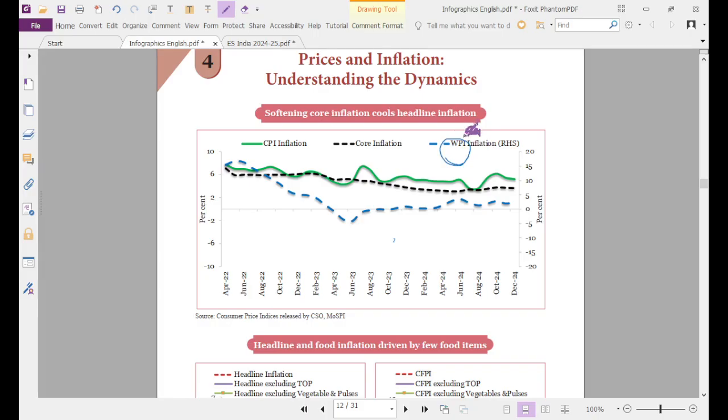The wholesale price index gives an outlook from the supplier side, and the CPI, the consumer price index, gives a view from the consumer side. We have seen the trend that the CPI has been on the rise. Generally, 4 plus or minus 2% is the limit, which is 2 to 6%. Within that limit, one should maintain the inflation rate. That is good for the economy and the people on the receiving end. It has been observed to have a CPI of around 6% already. And the WPI, the wholesale price index, has an inflation of around